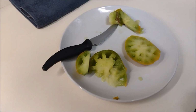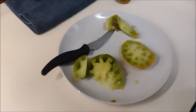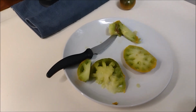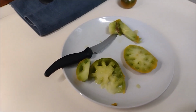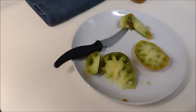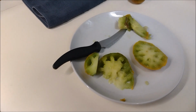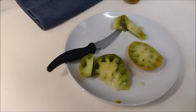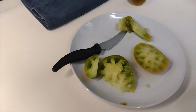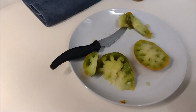I know a lot of people are big fans of putting salt on their tomatoes. I've known 4 or 5 comments recently from people that love them that way. I'm not necessarily not a fan of it, but I'm also not a fan of it. It's something that I'm all right with and I completely enjoy sometimes, but mostly the tomatoes end up being sandwiches, salsas, different kinds of dishes like that, or just eaten fresh. So I like the taste of them fresh better than I do with salt on them. But if I were to put salt on them,